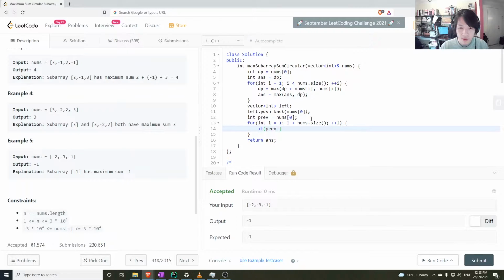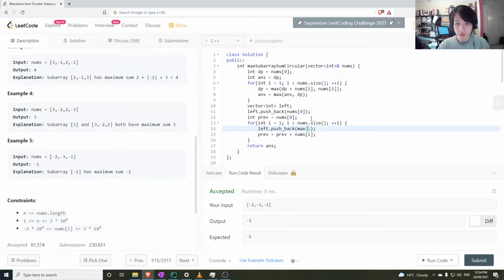If the previous, so I want previous is equal to previous plus nums I, after I finished with the previous, but then I want to left dot push_back